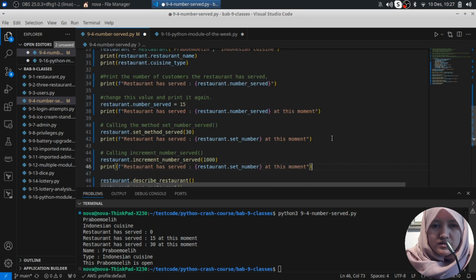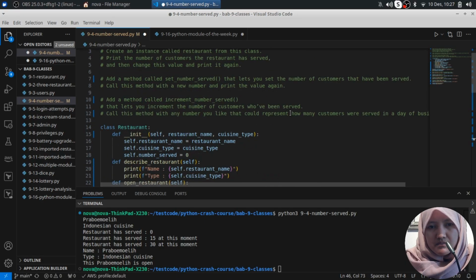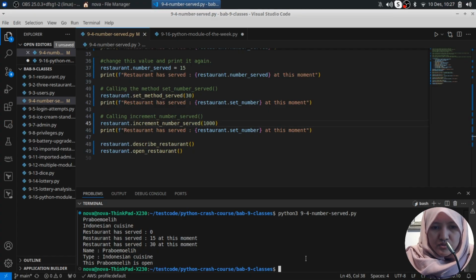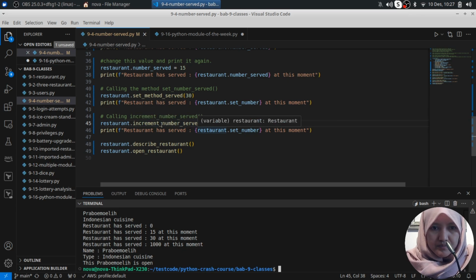Is it true? I think I would like to increment number, set the number, because the increment number is 0. So the output is 1030. Okay, it is wrong because the 0 is the